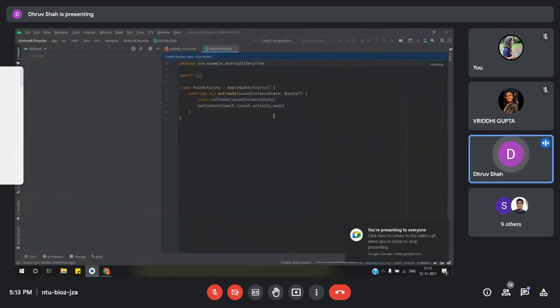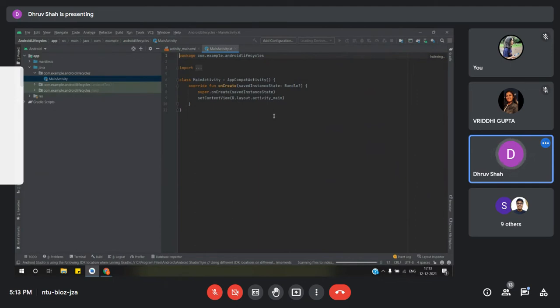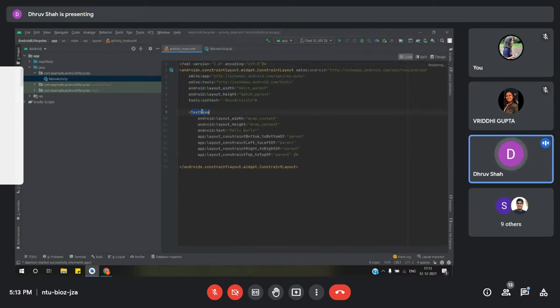I'm pretty sure that you know how the navigation takes place by the use of intents, as it was explained in the previous study jams. So we will be using intents for this. Now let's quickly make a button in the first activity here.